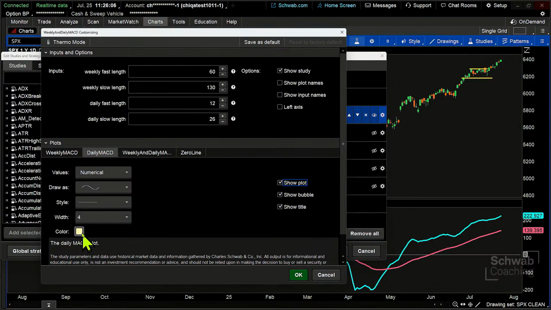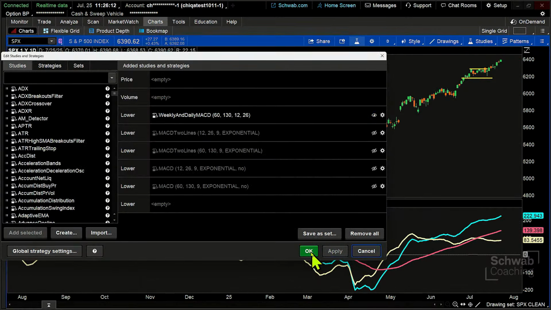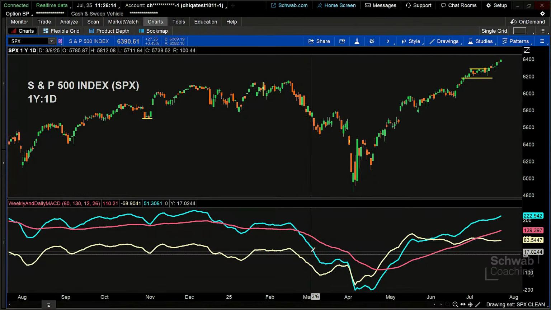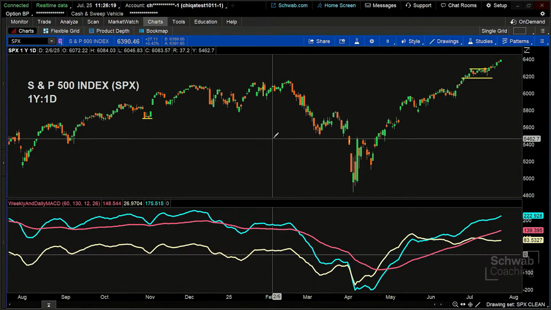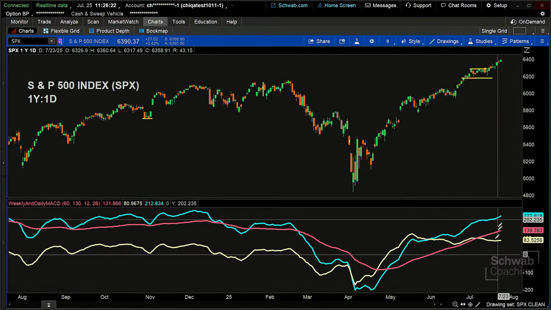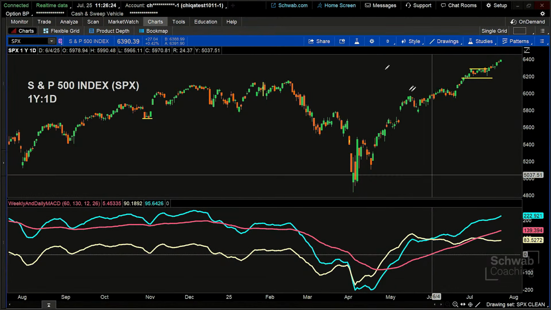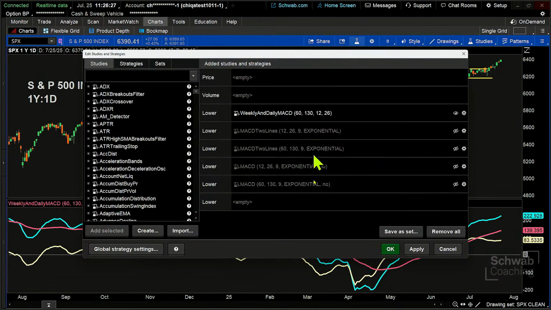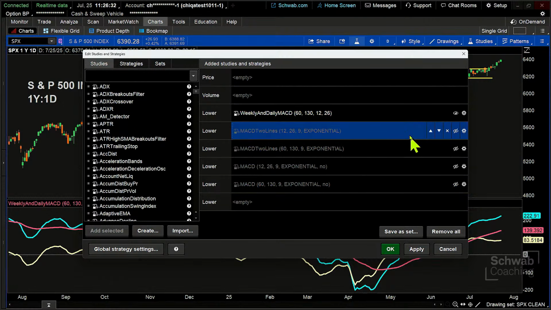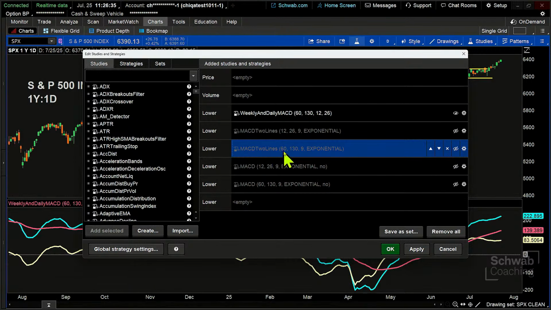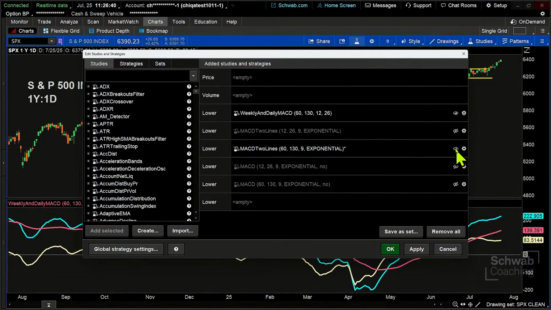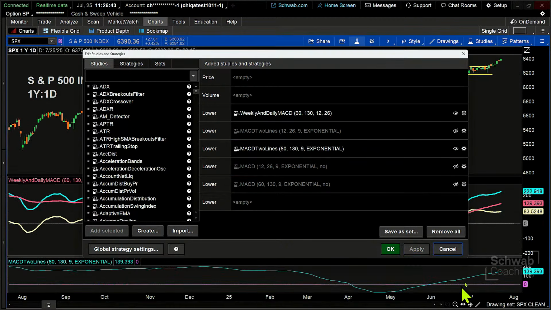We're going to click on Apply and OK. So now, just keeping in mind what this relationship is, I want to show you what each one of these lines represents. I'm going to come back over here to my Flask icon, and I'm going to turn the eyeballs on each one of these. So my weekly MACD line, 5 times the daily, is 6130. I'm going to turn that on, and if we click on Apply, you can see what that line looks like.